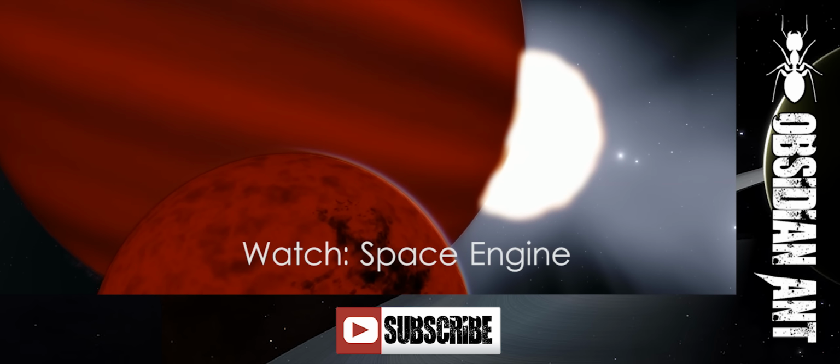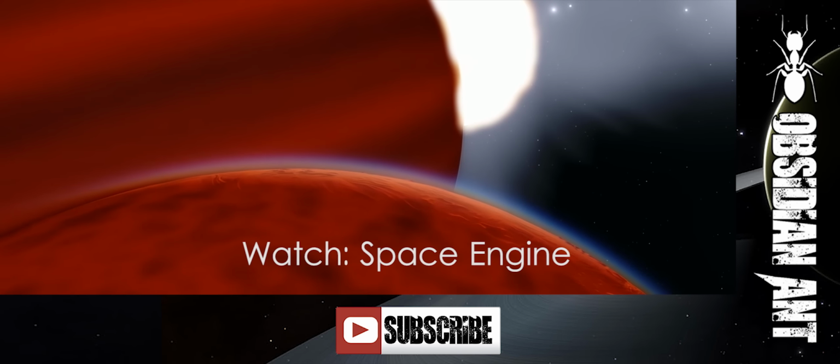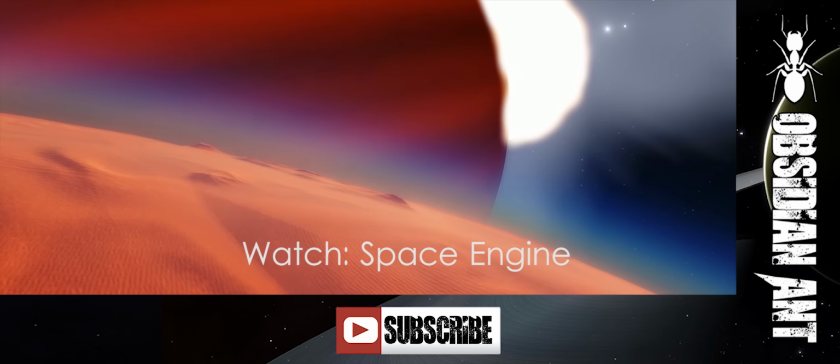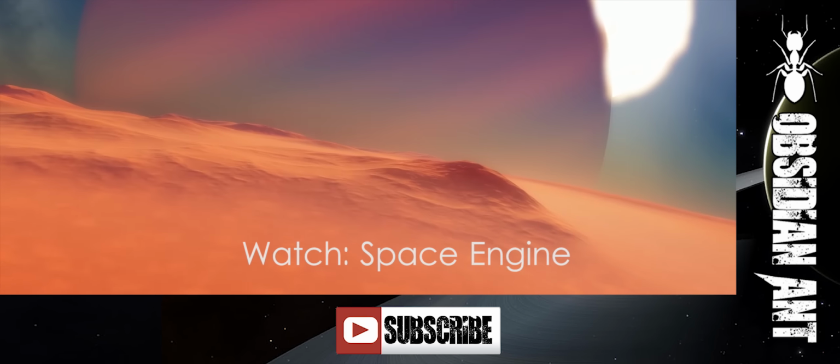It's absolutely stunning places like these two massive planets here. Now these two planets are extremely hot, very close to their local star. The one in the background there is a gas giant, and this planet here is known as a scorched desert, despite the massive